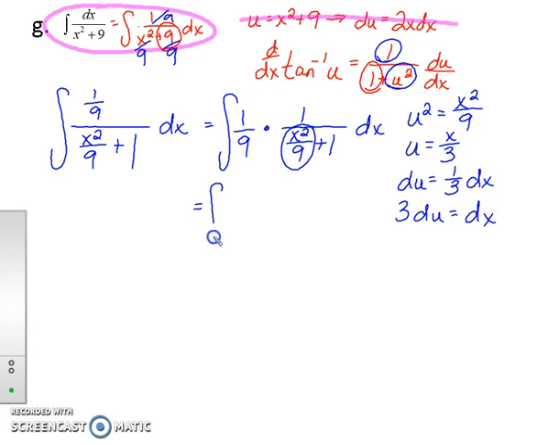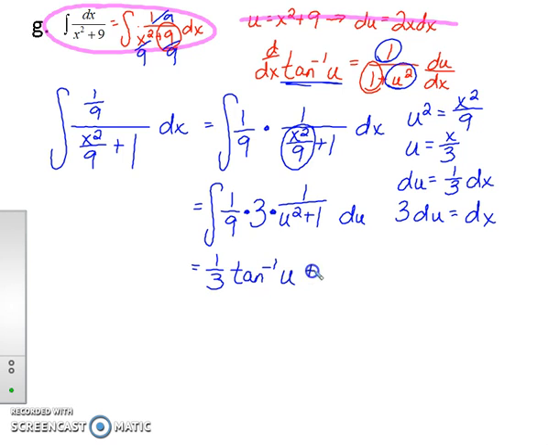So that makes this integral 1/9 times 3 du times 1 over u squared plus 1. Well, if I do the 1/9 times the 3, that gives me 1/3. And 1 over u squared plus 1, that is inverse tangent of u plus C. And then all you have to do is replace the u with x over 3 that we came up with for it